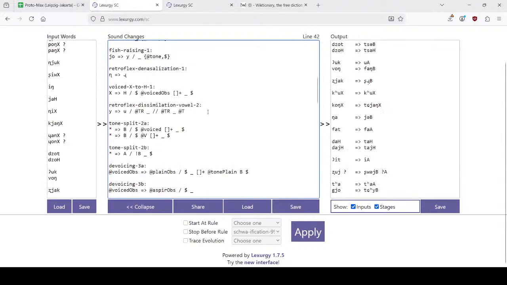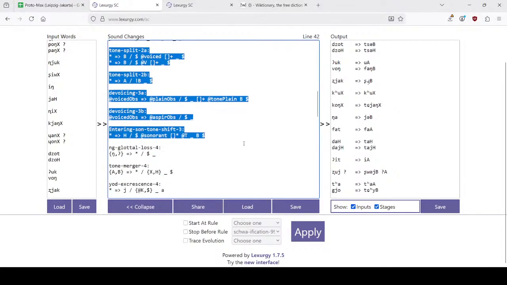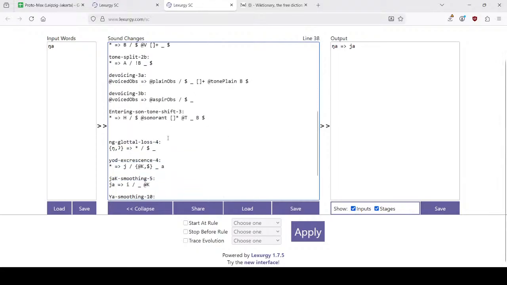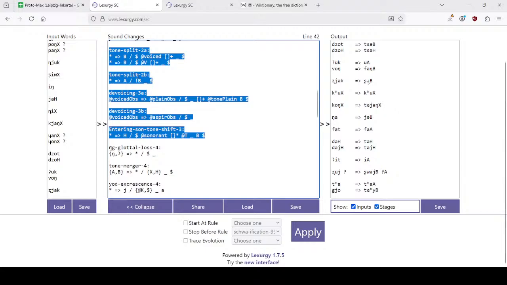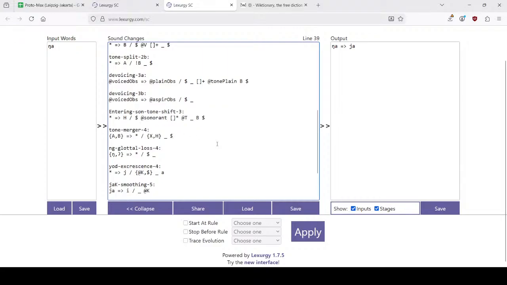And then tone split, devoicing, entering sonnet, so tone shift. So that, but then these are all technically not what we want. Just put in tone merger as well, though. And then applying that gives us yeah, which is not right